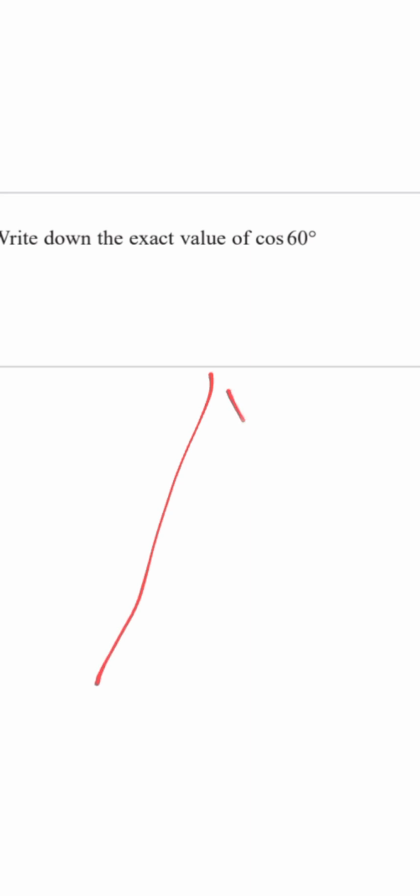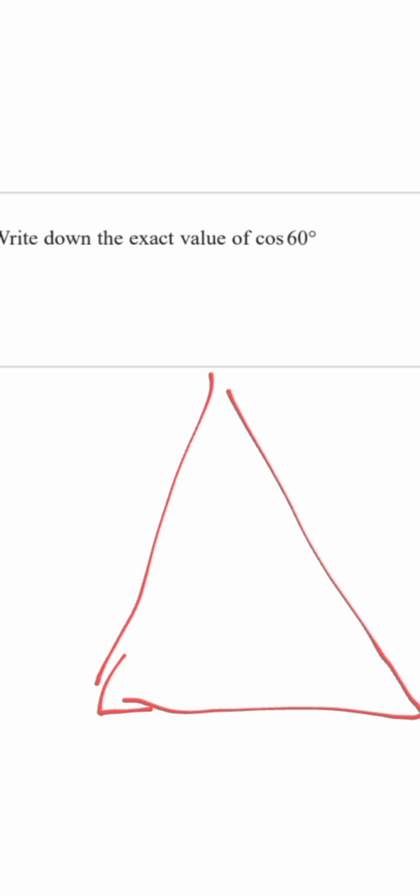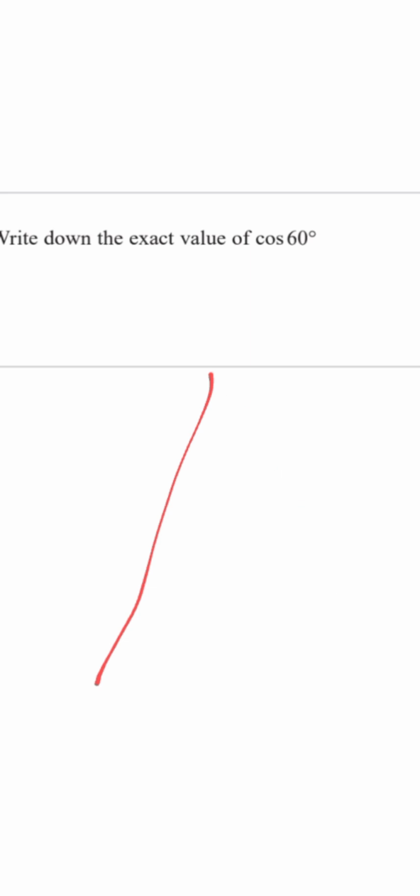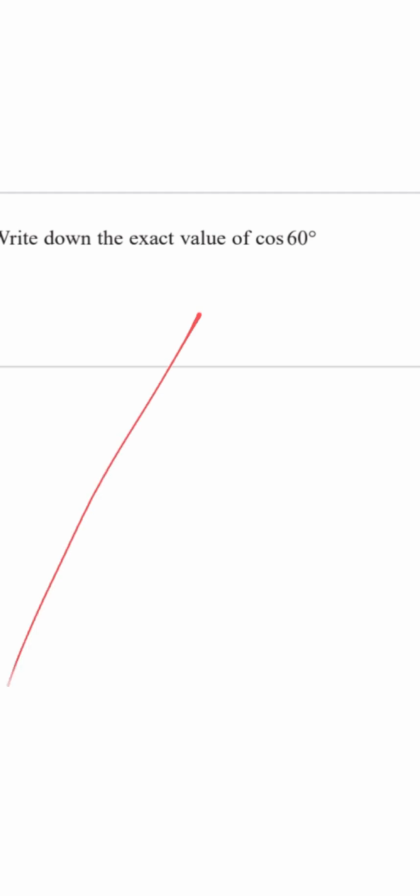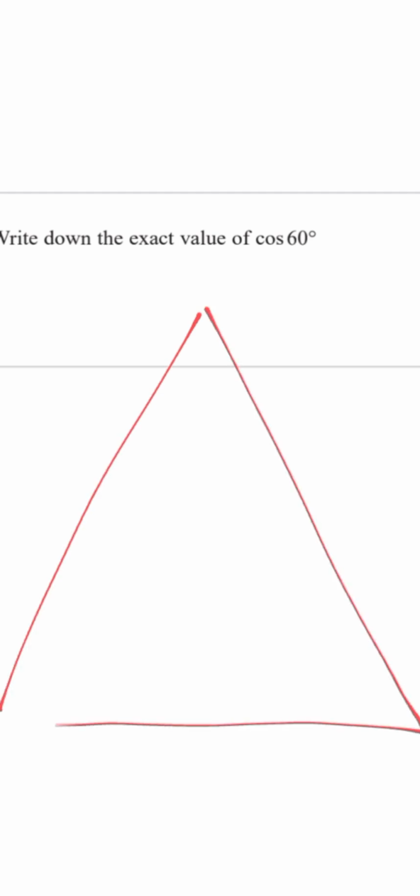Hello. Okay, so quickly let's look at this GCSE question that has to do with cos 60, finding cos 60 without using a calculator or a four-figure table, if you know what I mean. Now the first thing you have to do is to draw up an equilateral triangle. You know the properties of an equilateral triangle: all the angles are